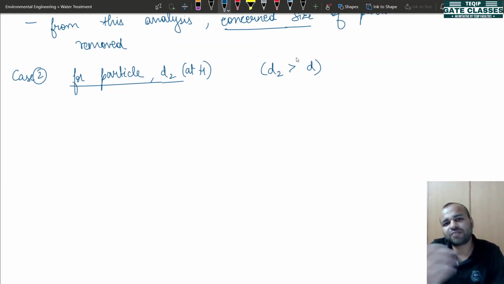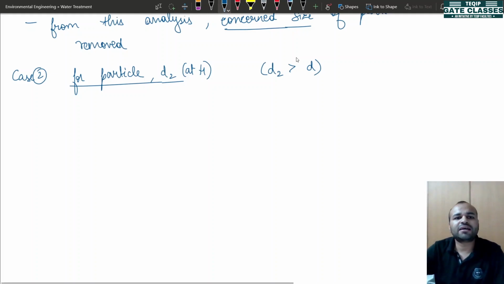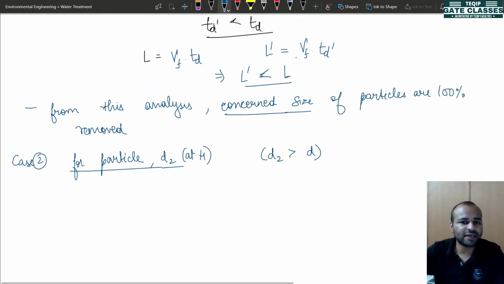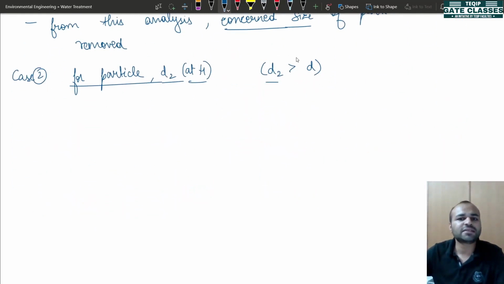For example, if I start comparing the students on who is having the highest height and highest weight, it will be a very complex situation. The final results will not be satisfying both the things. So that is why, whenever we compare two different things, we change only one parameter. In the above one, we changed the height, the particle dia remained the same. Here the dia is changed, but the height of the particle remains the same.